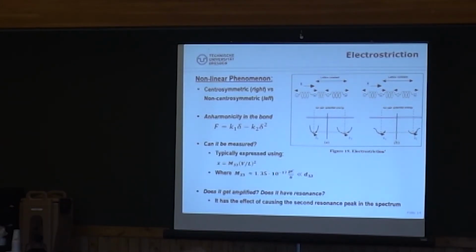But in a non-centrosymmetric material, where you have different spring constants between the ions in the lattice structure, you would get a total deformation, because the ions would be displacing themselves relative to each other by different amounts due to the differing spring constants. So this is how piezoelectric deformation could be explained in a 1D